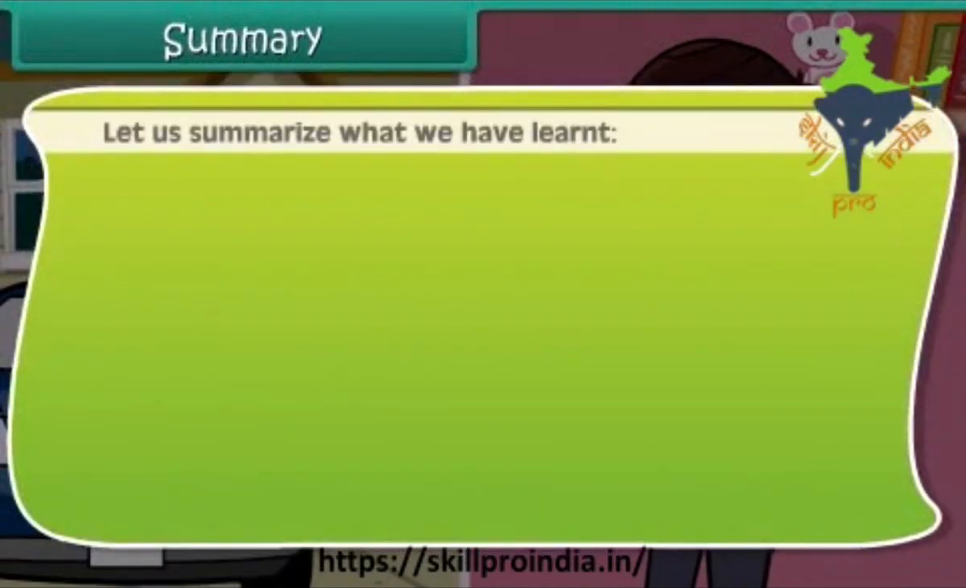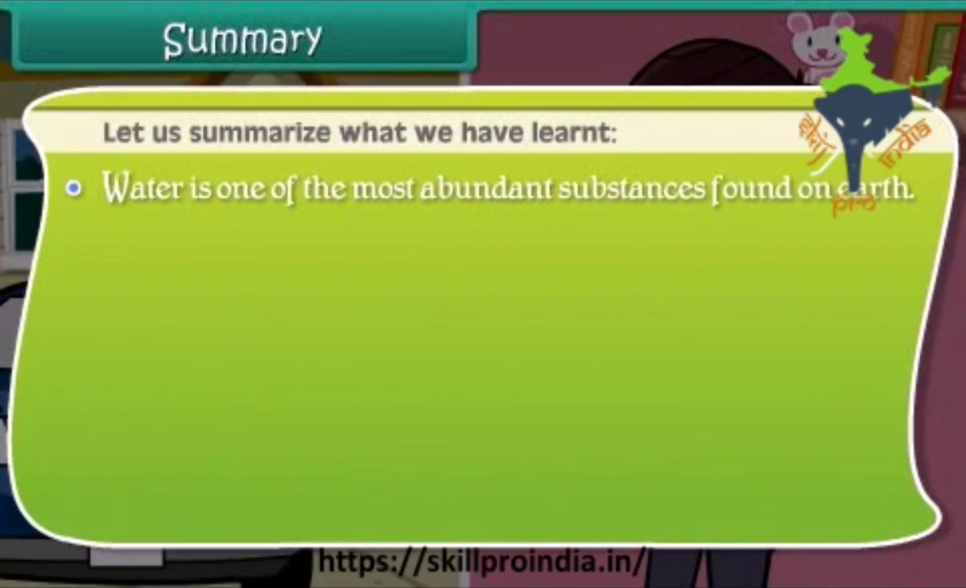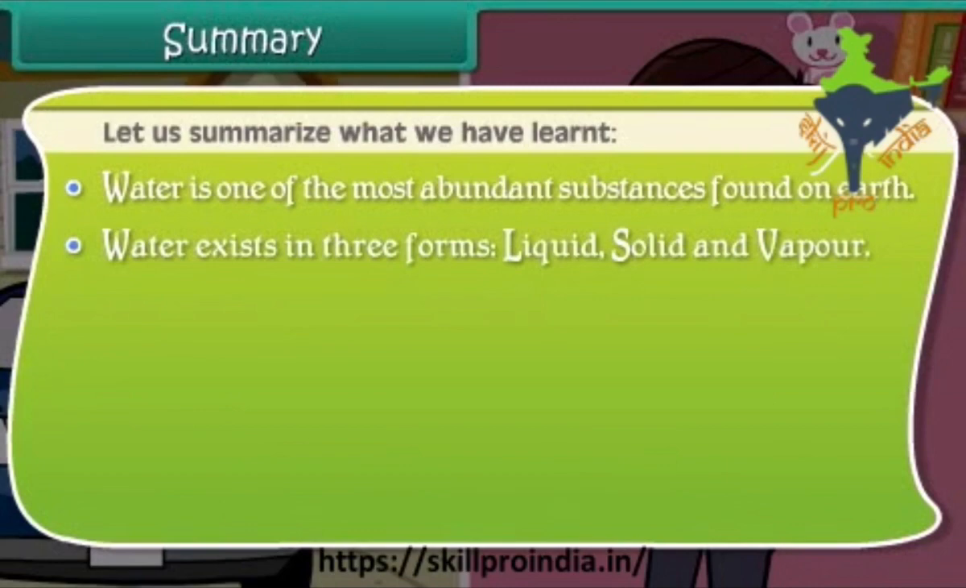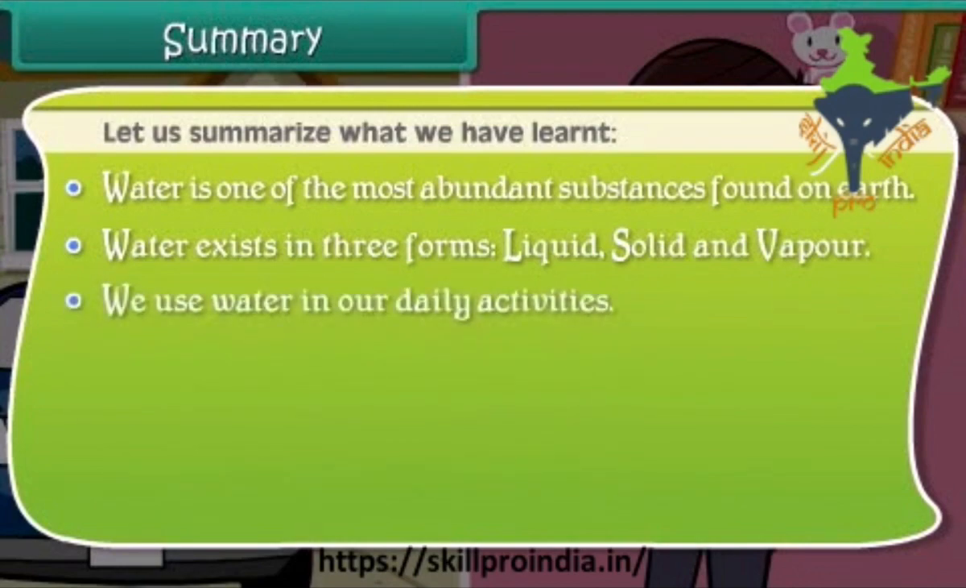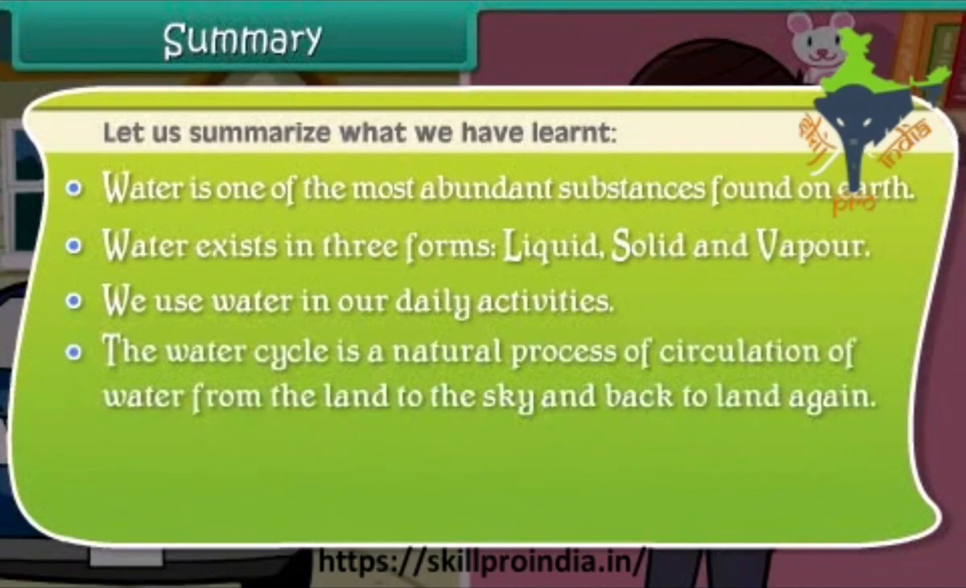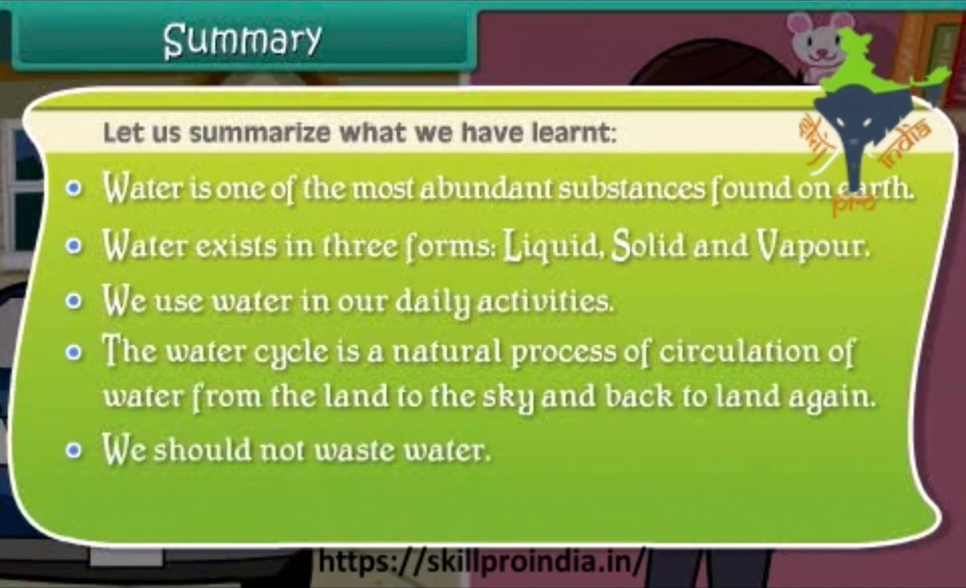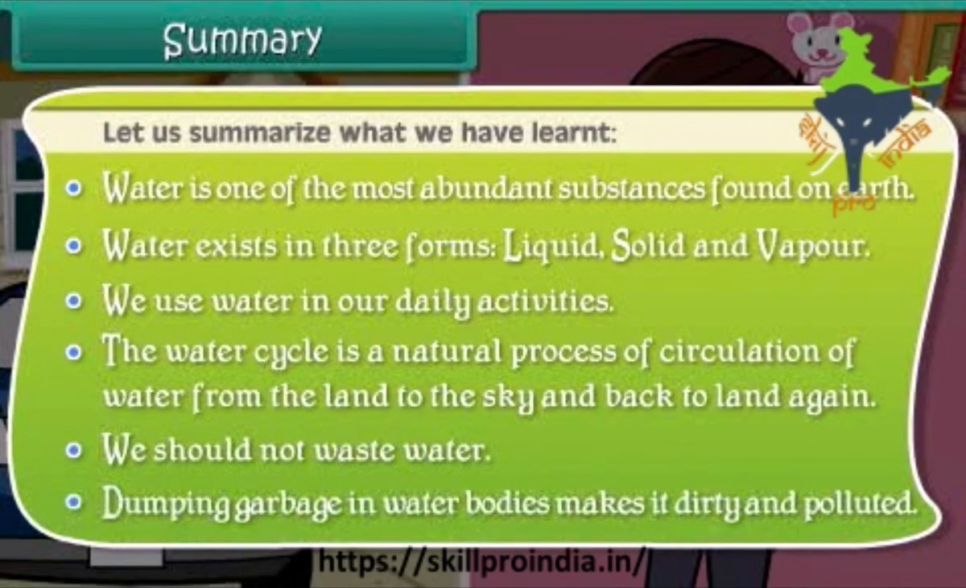Let's summarize what we have learned so far. Water is one of the most abundant substances found on earth. Water exists in 3 forms: liquid, solid, and vapor. We use water in our daily activities. The water cycle is a natural process of circulation of water from the land to the sky and back to land again. We should not waste water. Dumping garbage in water bodies